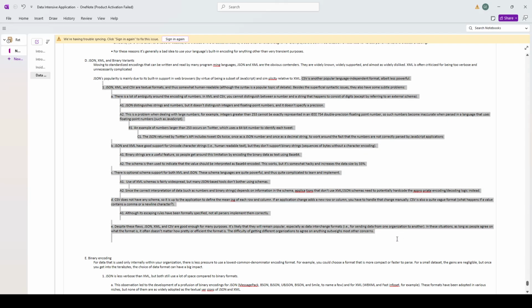CSV is another popular language-independent format, albeit less powerful. JSON, XML, and CSV are textual formats and are somewhat human readable. Although the syntax is a popular topic of debate,